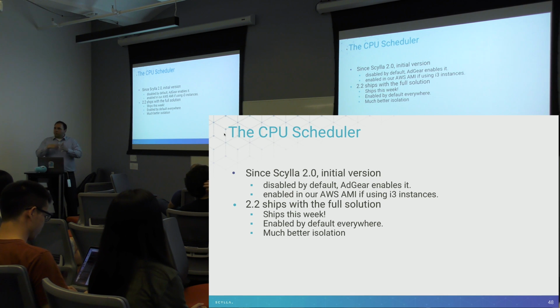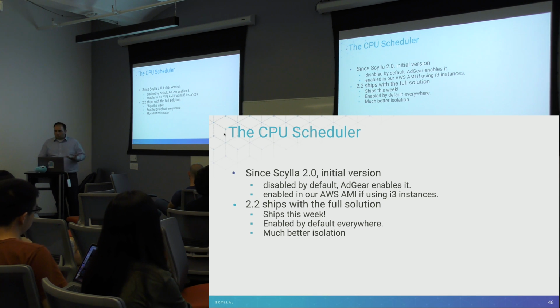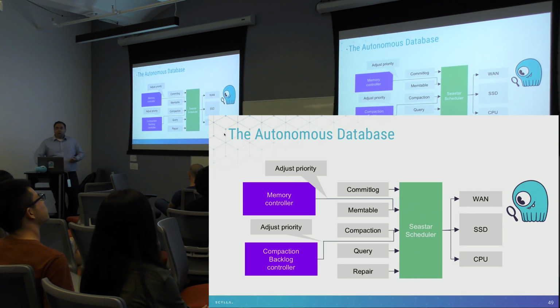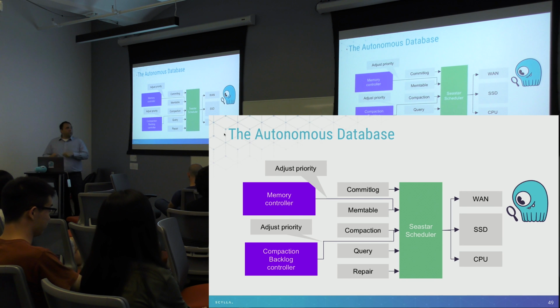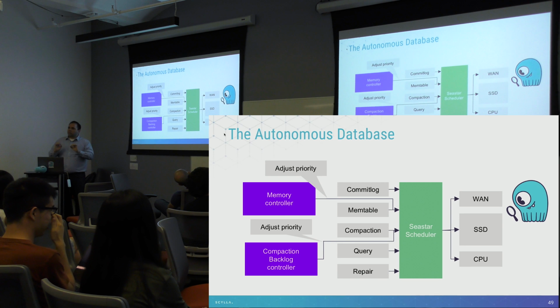So inside the event loop, inside the Scylla reactor, we'll tag stuff and we'll say, okay, compaction, you can have as many requests in parallel as you want. When I have a query, I'll run the query, and then you're going to be able to provide QoS between queries and compactions and everything else as well. That's awesome. Isolation is great, but being the autonomous database, striving to what we want to do in Scylla, we want to do more than that. It's not enough for me to provide isolation. I also want to do dynamic algorithms in those priorities, to be shifting those priorities at runtime